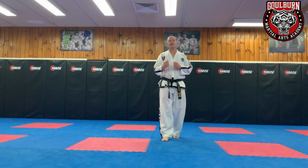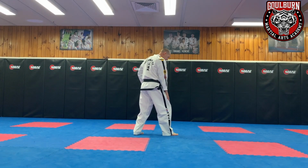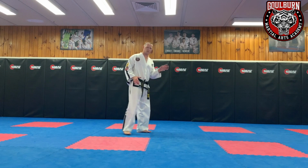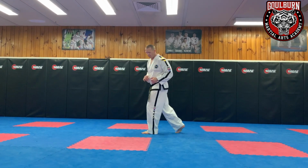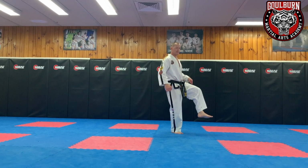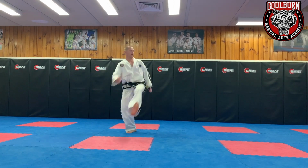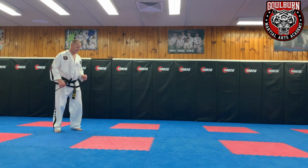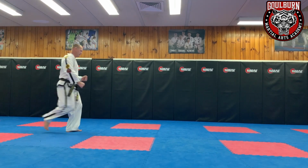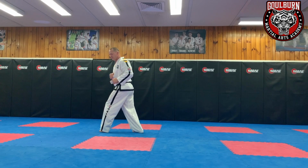Alright, so now let's look at setting it up with full speed. To start off with, we started here with the kicking leg at the front. Now we're going to start with the kicking leg at the back. So now we step. As we step, we're already pointing the heel towards the target. So we're going one, so now it's already rotating our upper body. So we're going one, knee will come through, and once we're here, now we practice the scissor action kick. Step, turn into the motion, knee nice and high,